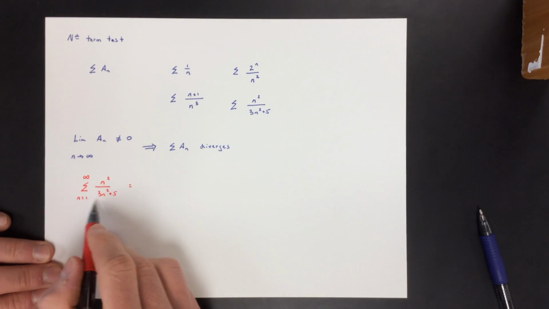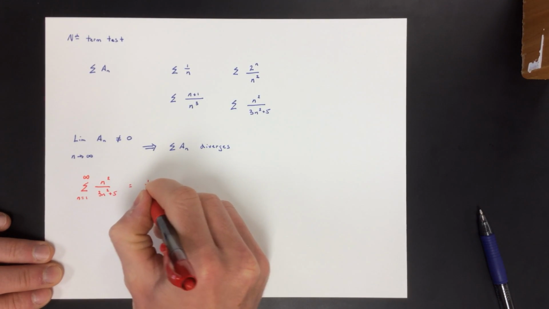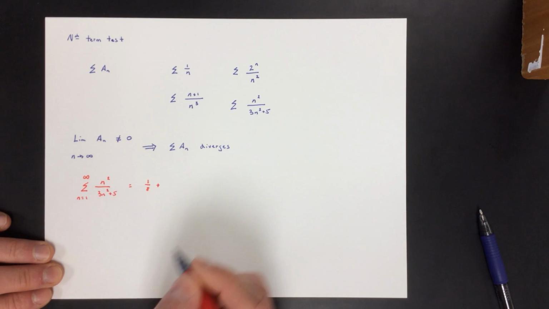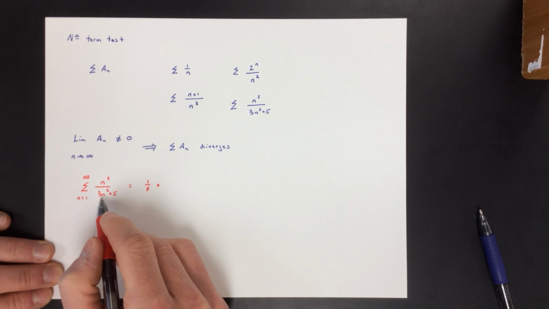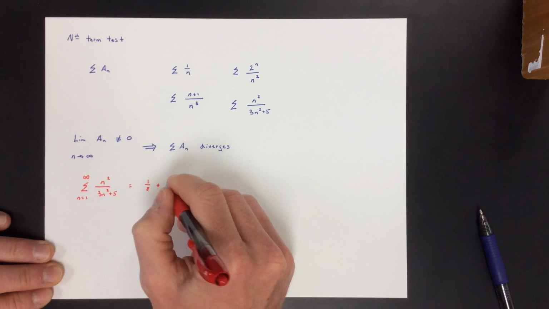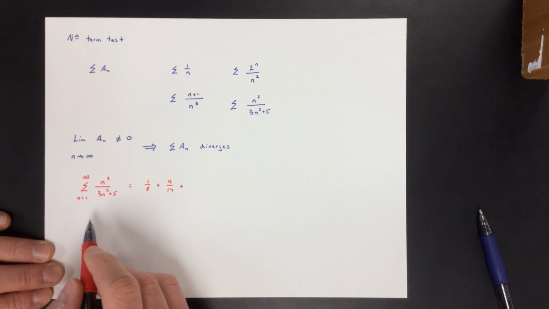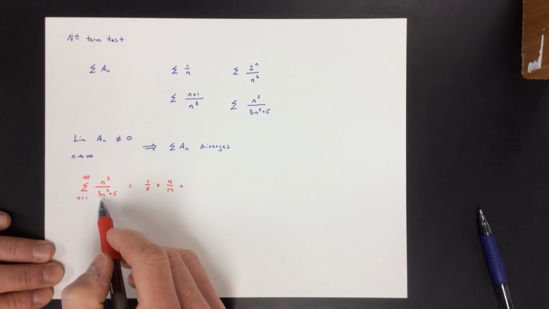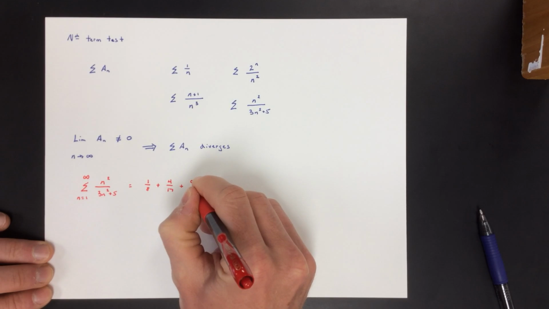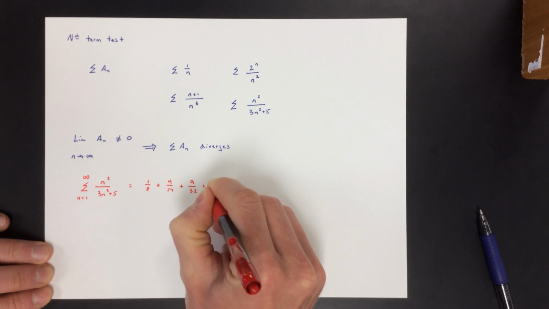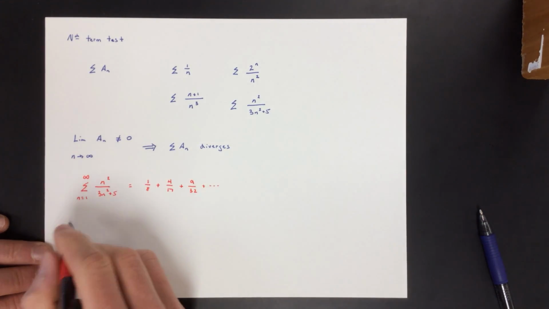So we could plug in 1, and we'd get 1 over 3 plus 5, which is 1/8, plus, plugging in 2, 4 over 12 plus 5, which is 4/17, plus, plugging in 3, 9 over 27 plus 5, 9 over 32, plus... Okay, and you're not really sure whether that converges or diverges, but we are, because look,